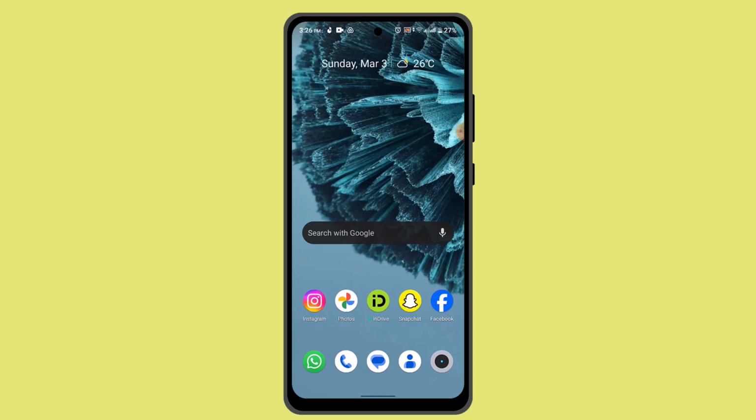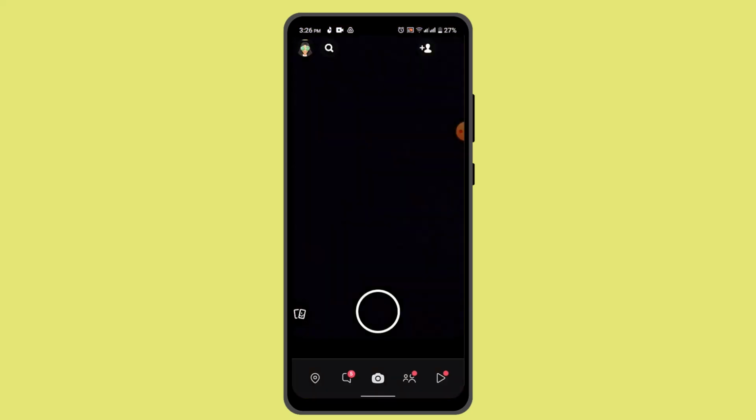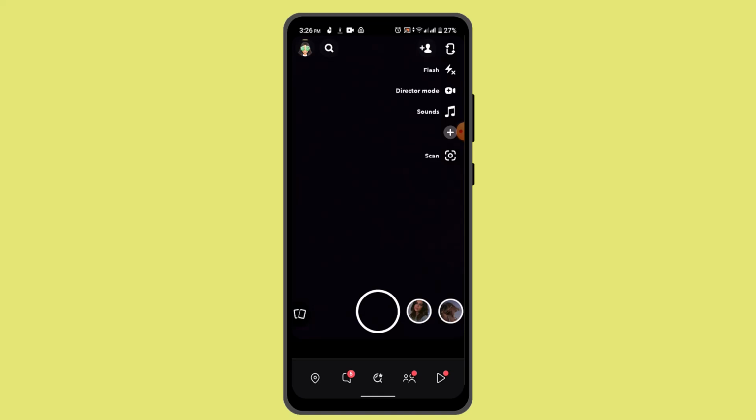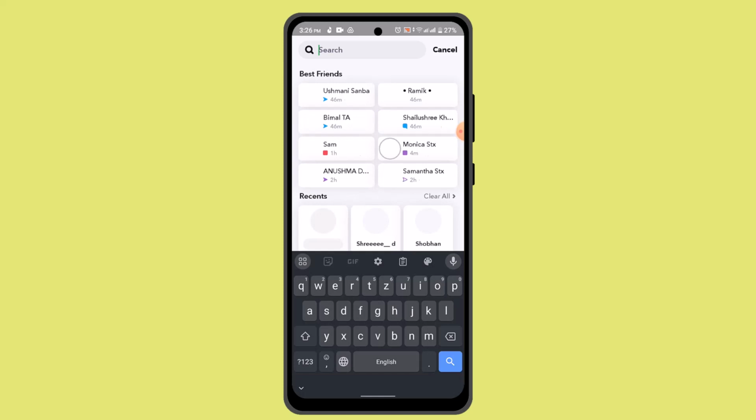In order to do this procedure, first thing you have to make sure is that the application is completely updated and that you're connected to an internet service. Now to begin with, go ahead and log in to your Snapchat account, and that's basically how the interface is going to look like. While you're on this page, click the search bar icon from the top,